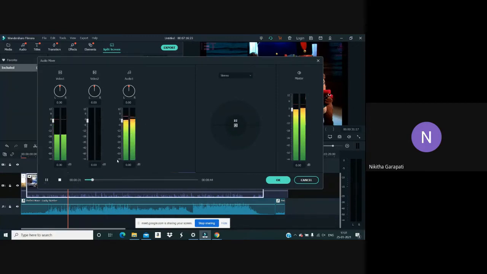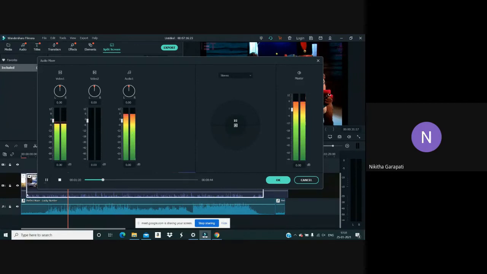But my suggestion is that the green level is fine, and yellow is fine sometimes. But if you go to the top, you have this red color, which will give you an irritating kind of noise, which might make your videos bad or less attractive. So my suggestion is don't go up to this level, stay in this level itself, and don't go to the red. You can see the level of each particular clip separately.